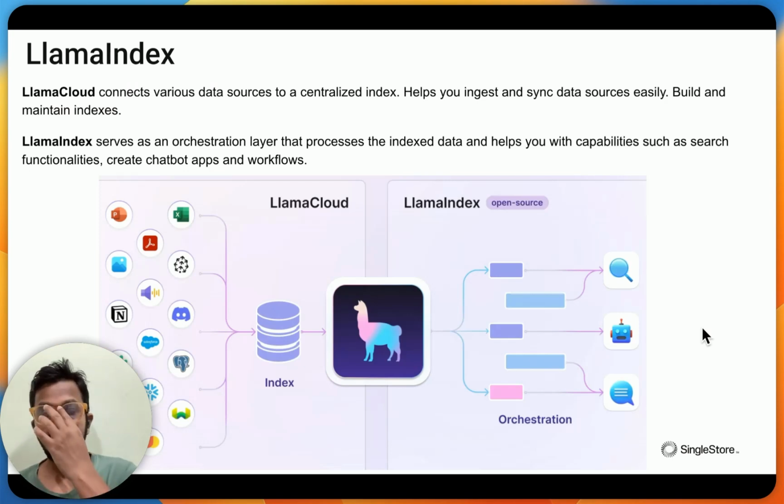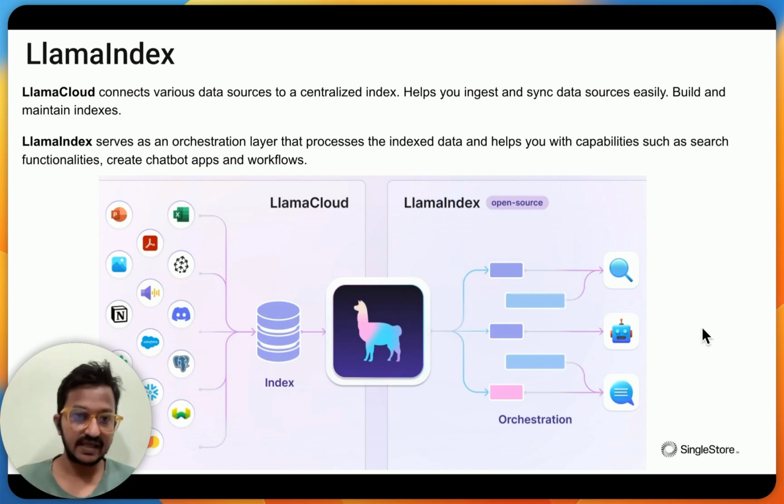When you go to the LlamaIndex website, you will find two things: one is LlamaCloud and the other is LlamaIndex. What exactly is LlamaCloud? LlamaCloud connects with various data sources, like your Notion docs, PDF files, SingleStore, Slack, and Salesforce data.